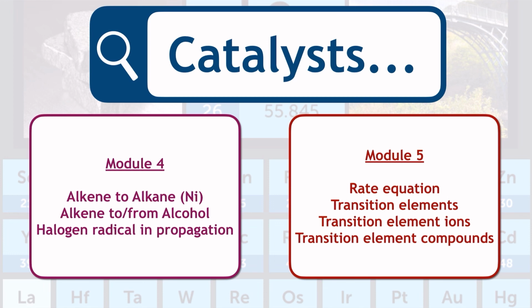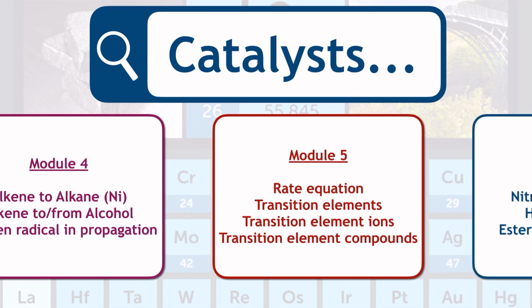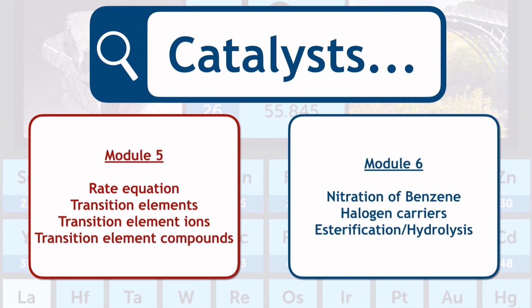Here we've got lots of mention of the transition elements as well. You need to make sure that you know examples of each of these. Transition elements as catalyst could be iron or nickel, like those we've already mentioned. Transition element ions, well, we've got copper 2 ions can be used as a catalyst in the reaction between zinc and sulfuric acid. And transition element compounds, well, we see those come up quite often in Module 6, such as